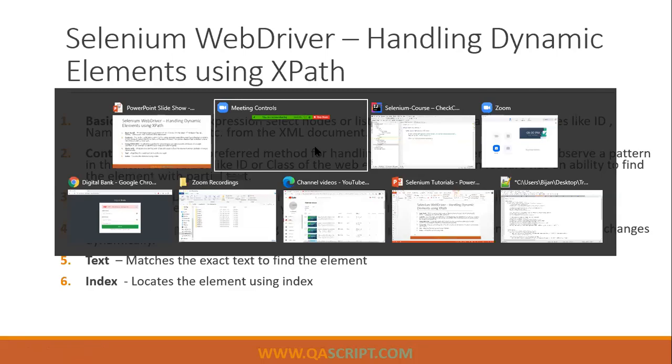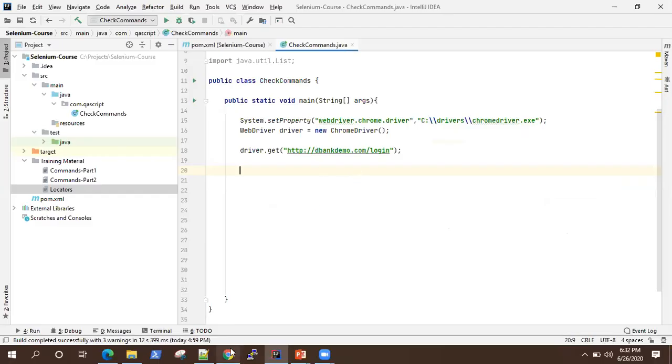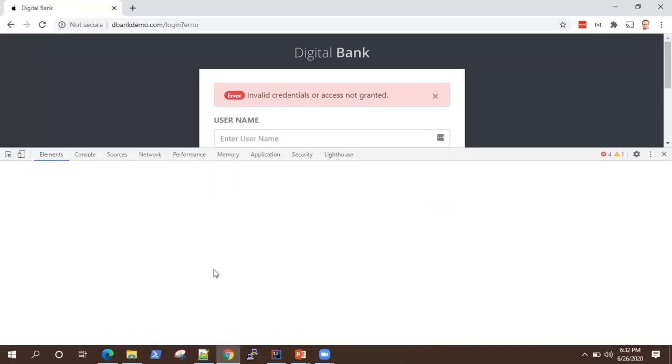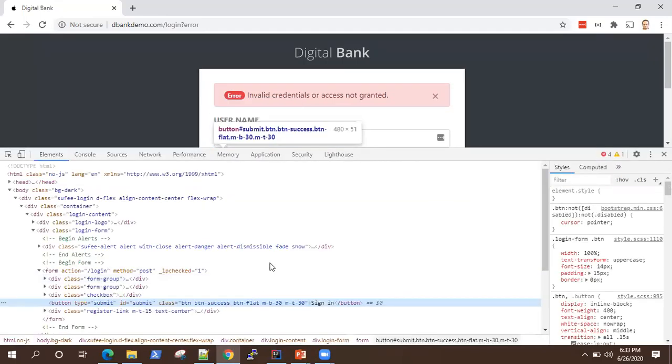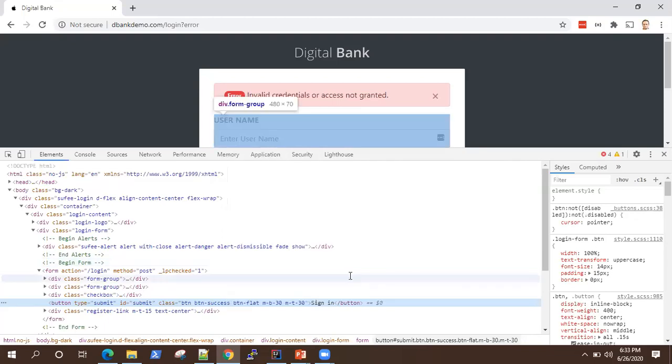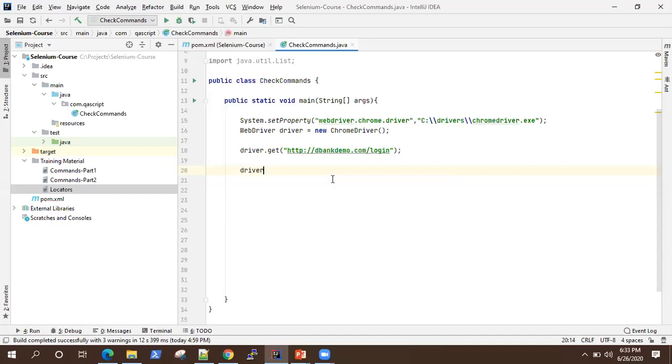If you want to see it again, say for example, I pick up the sign in button, and I go and copy this XPath, and I'll use it to find the element,